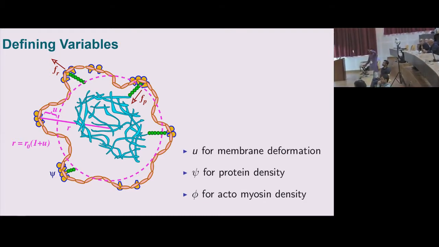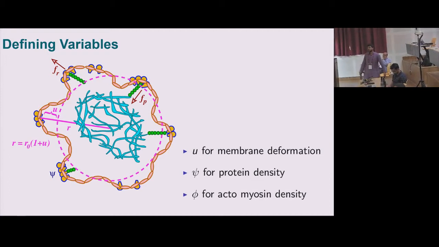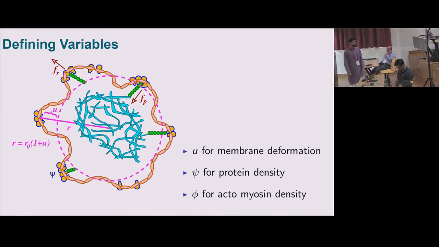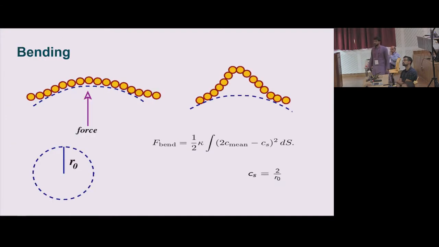So first we write down the energetics for the membrane, such as bending and stretching, and then on top of it we add active processes. With the dissipative dynamics we come to the equations of motion. So first the bending energy: if R0 is the spontaneous curvature, then the bending energy with bending modulus kappa is